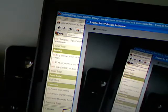So I'm going to try and show you guys a little bit, if I can with my webcam, just how it works and how it's been working for me. So just bear with me, guys. Okay. I'm going to want to close this down. So basically here,